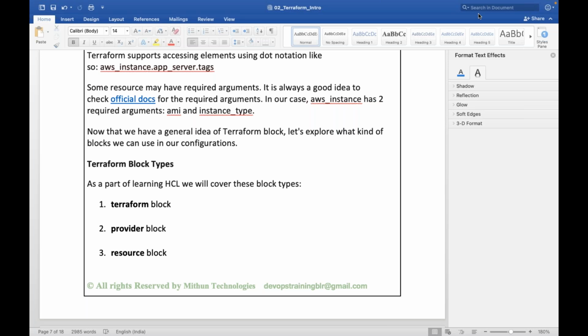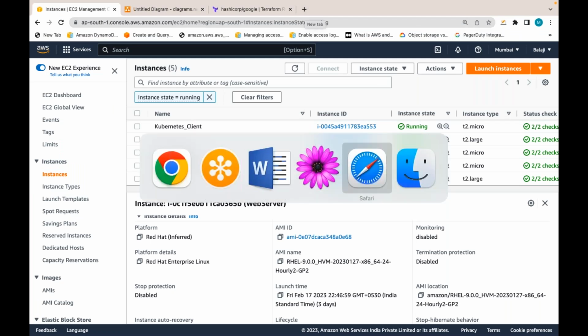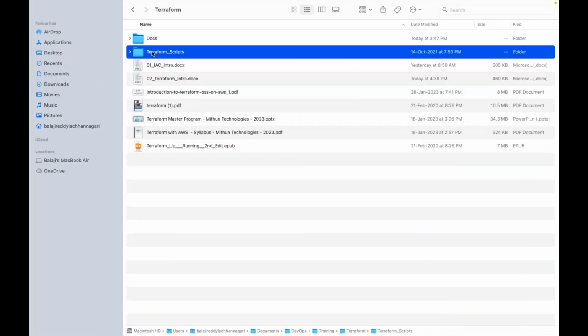First, focus on what is Terraform, what are the features of Terraform, what do you mean by Terraform state, what is Terraform architecture, what are blocks, what is the Terraform block, provider block, resource block. This is very, very important, because you take any Terraform script. Let me show some sample Terraform script which I already have.